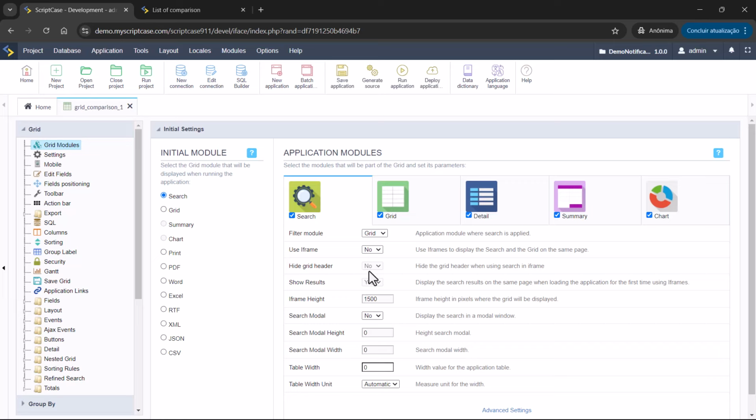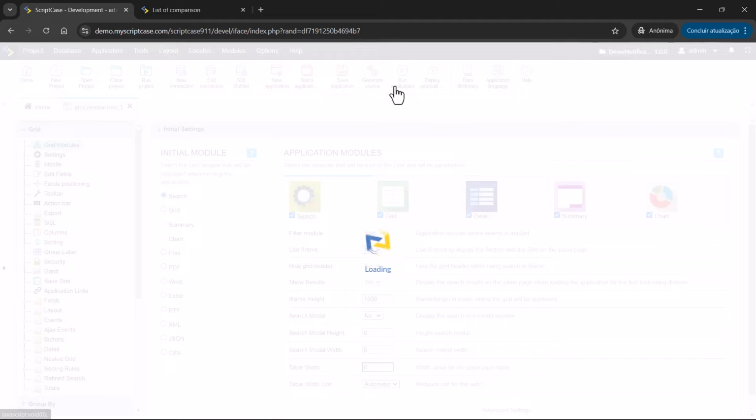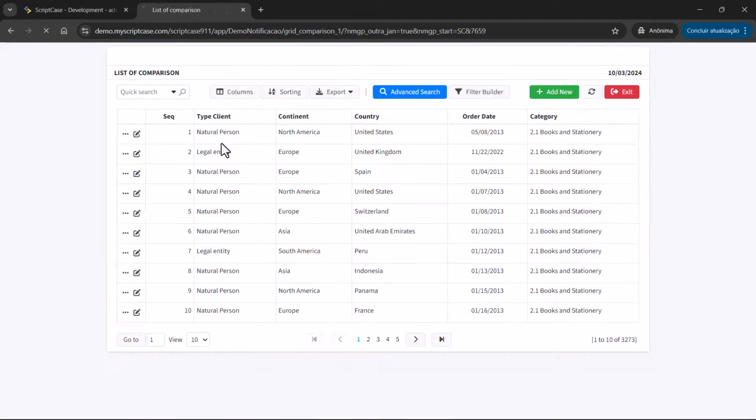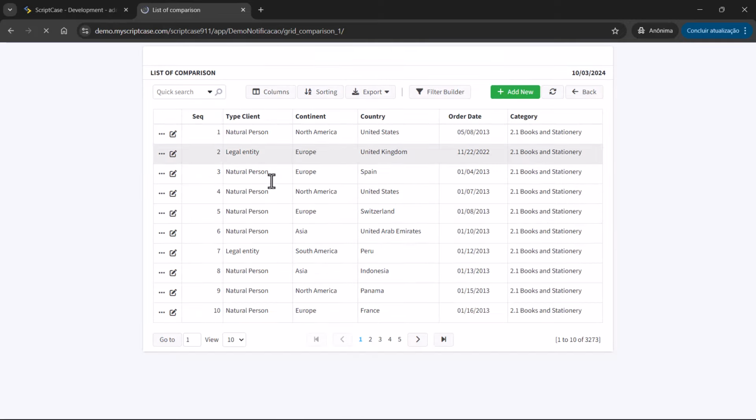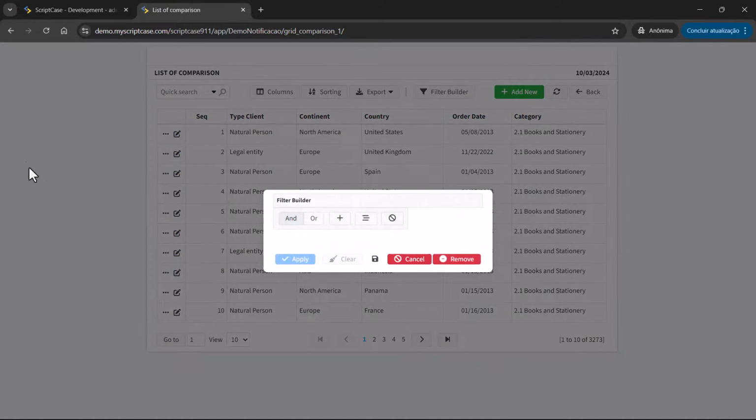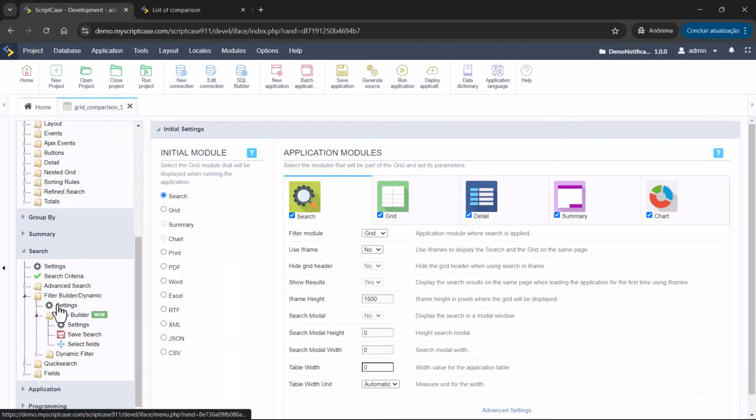So it's amazing that you can combine both options, and then it will be available. So here we are starting with the advanced search, and then we go to the application, and we can apply here the filter builder. Okay, so this is very powerful as well.